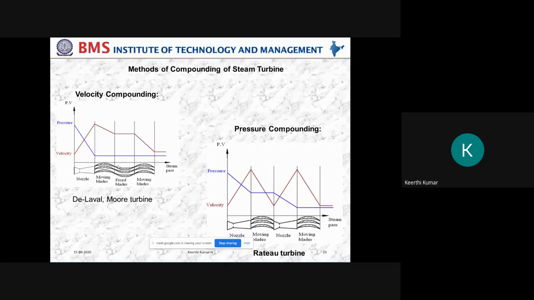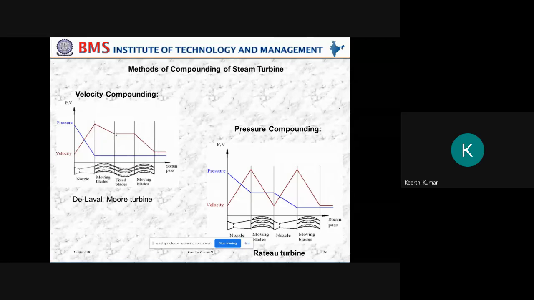If I restrict to only the first stage, see, this fixed blade is not there, the moving blade is also not there. Then what will happen? The velocity at the inlet of the blade is higher, and the velocity at the exit, even though it is lesser compared to this, still has a huge amount of velocity that we are going to waste. So if I increase the number of stages like this, 2, 3, 4, 5, 6, the velocity will go on reducing. That means the difference between this point and this point should be larger, so that I can get more efficiency.